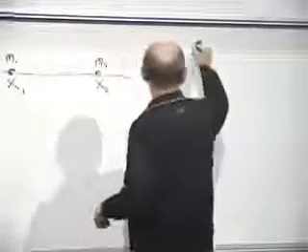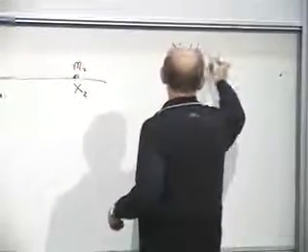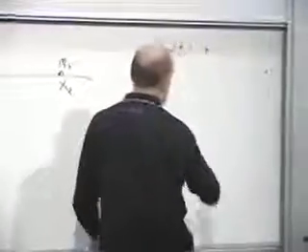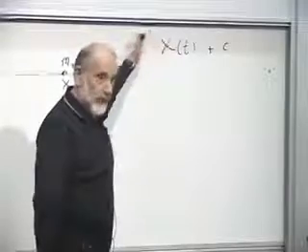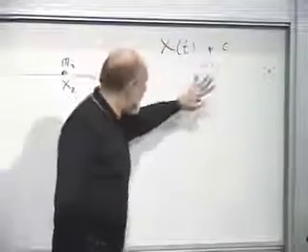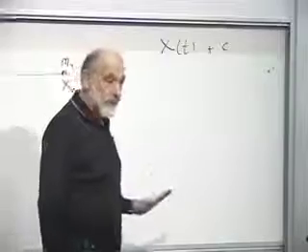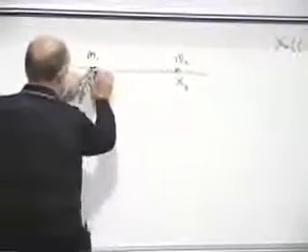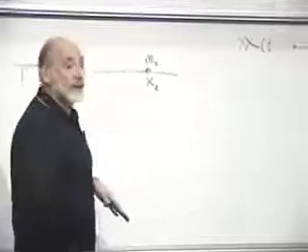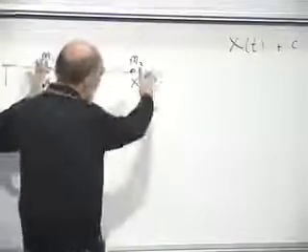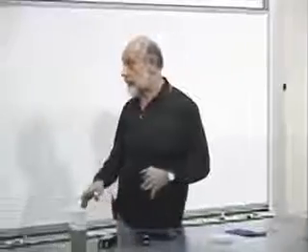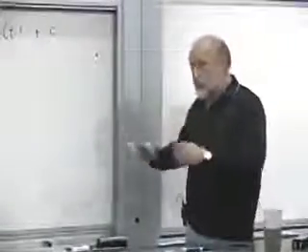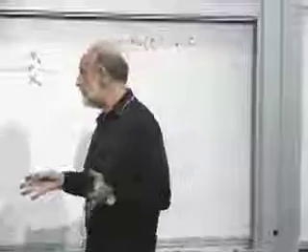Why? Well, let's think of x of t, and let's add a constant to x of t. If you add a constant to it, it doesn't change the time derivative of x. So shifting everything by a constant amount would change none of the velocities. And if the potential energy only depends on the distance between them, then the potential energy doesn't change if you rigidly move everything. Under those circumstances, the system has a symmetry. It doesn't change if you move everything by the same amount.